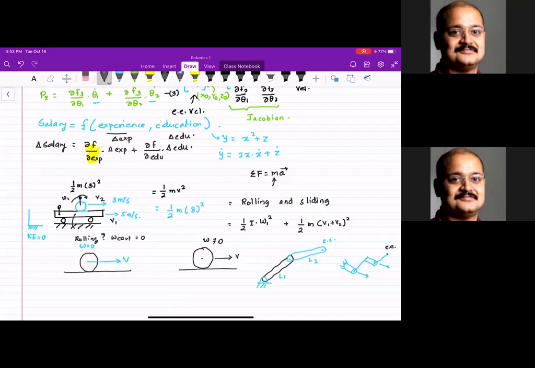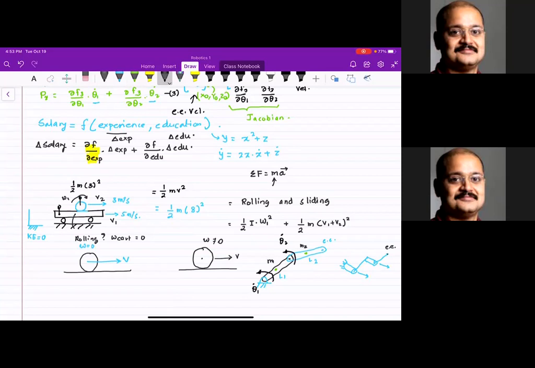So please understand, there is link 1. So there is M1, there is M2. This is the center of gravity of link 1. This is the center of gravity of link 2. Every link has its own center of gravity. Do you remember the Jacobian and equations that we derived? So if this was, I'm going to say theta 1 dot, and this was theta 2 dot. What I want to do is, I want to write down the kinetic energy of this robot arm. Do you agree with me?